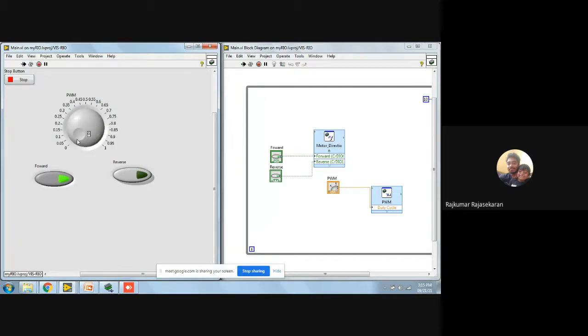Yeah, it's running at a very slow speed. I have it somewhere around 0.3. It's not very fast, but I can reduce it again. It's running slow. I stop it, it's stopping. I put reverse, it's going to rotate in the reverse direction. And it does the same thing here.